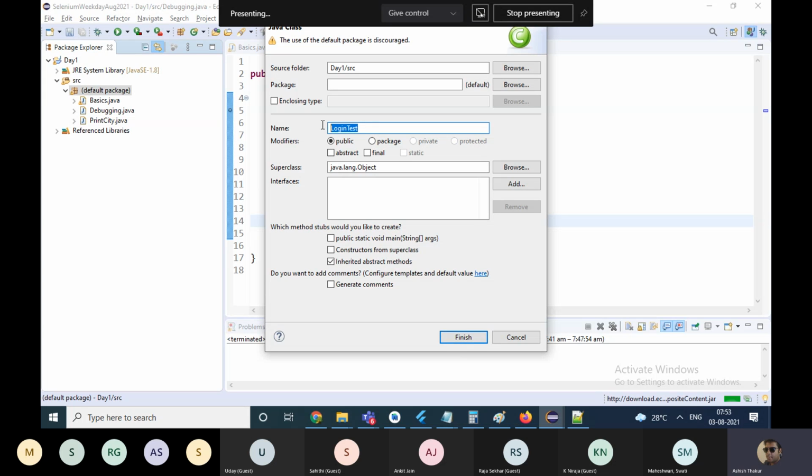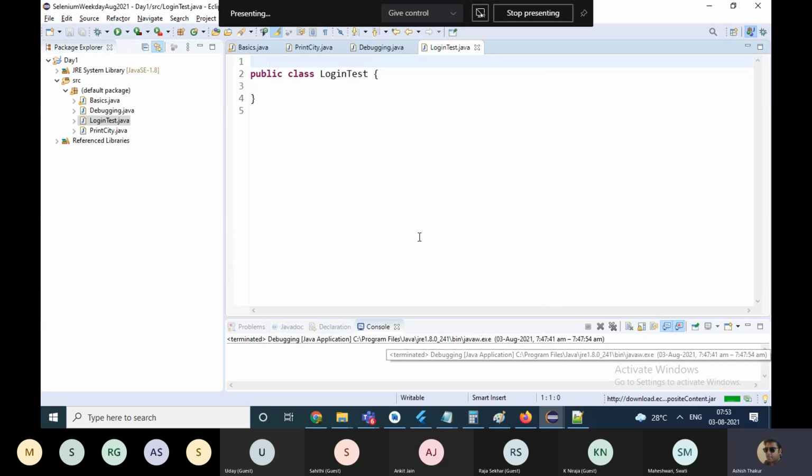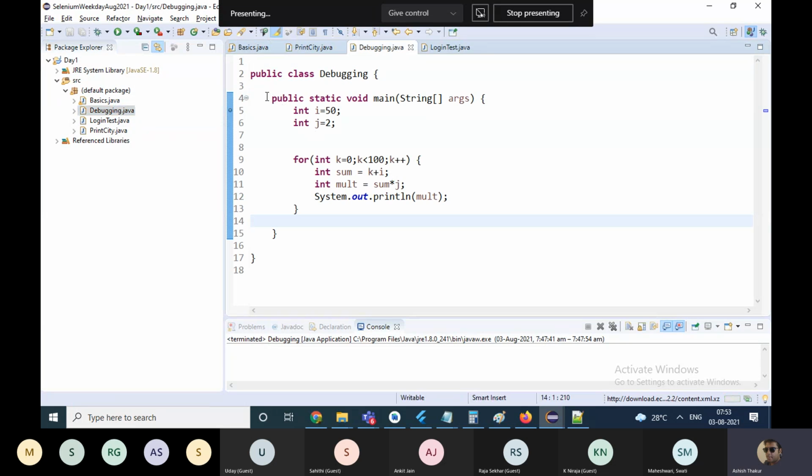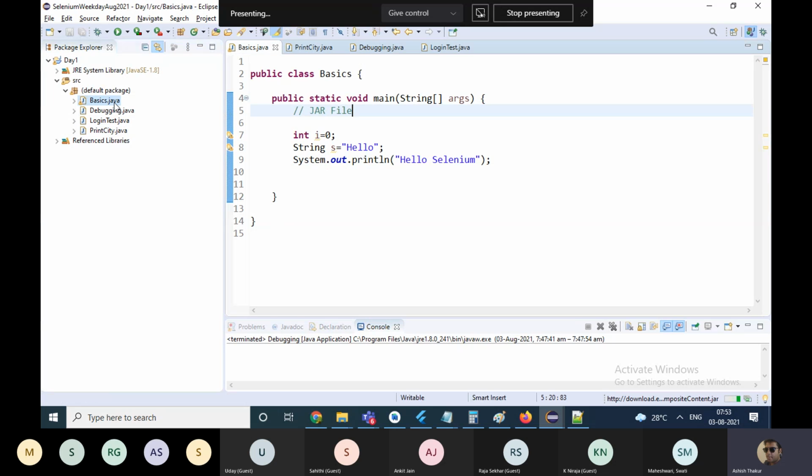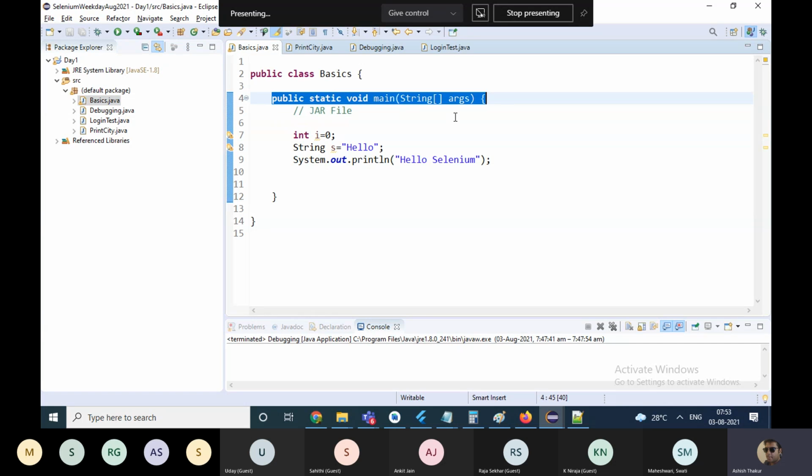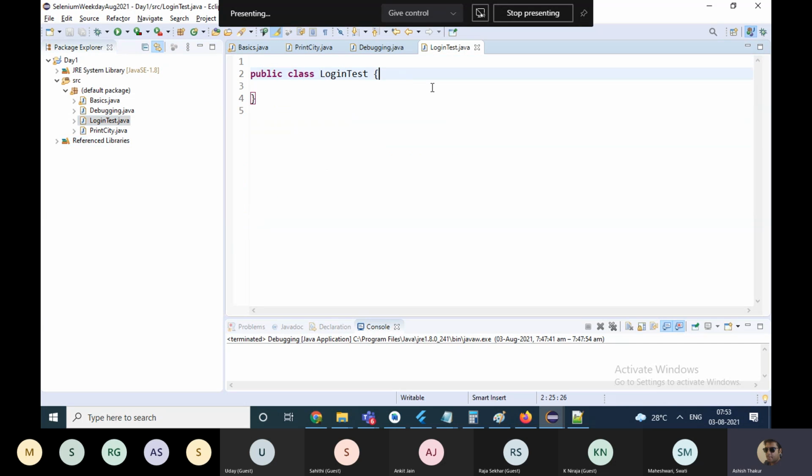So this is just a simple login test. In TestNG, there is no main function like we have in the other Java files we made. In TestNG, we build test cases like this. You write @Test public void login.